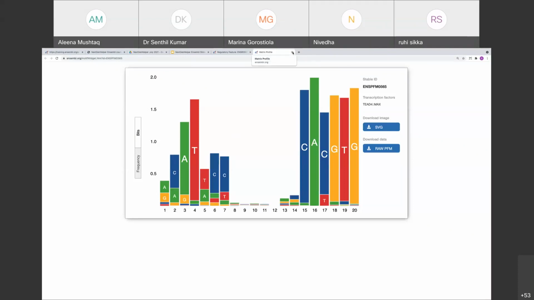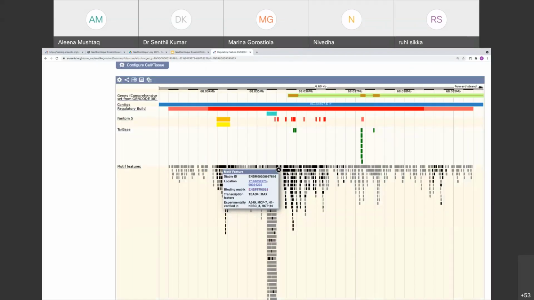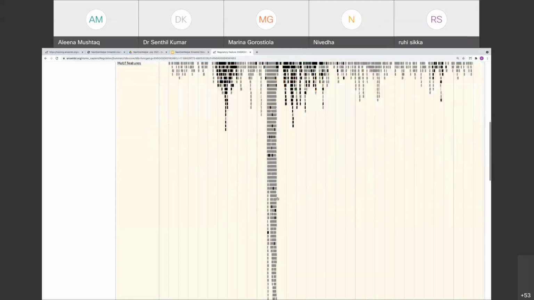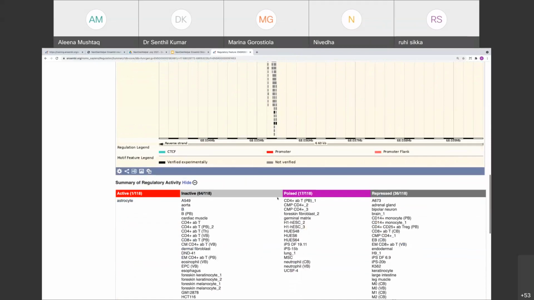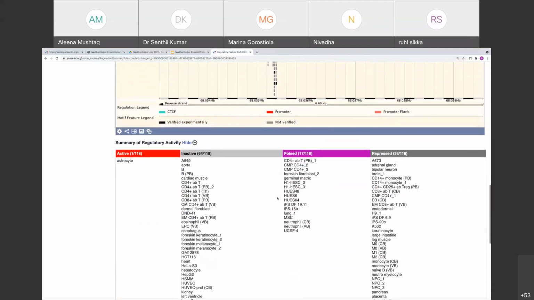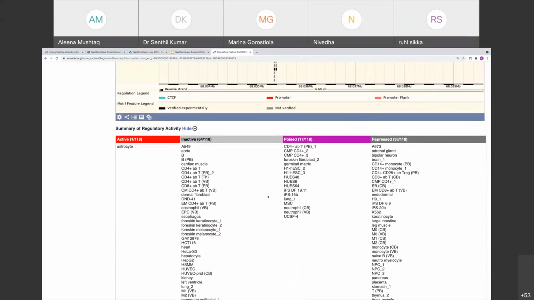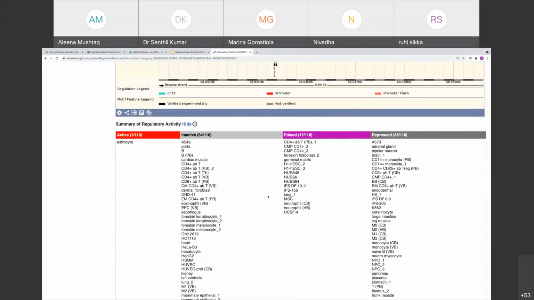So let's go back to our page. Close this. Then if I scroll further down, we also have a summary of the regulatory activity. We have a summary table that lists all of the cell lines that this feature is active in, inactive in, poised in, or repressed. So we can see that our promoter is